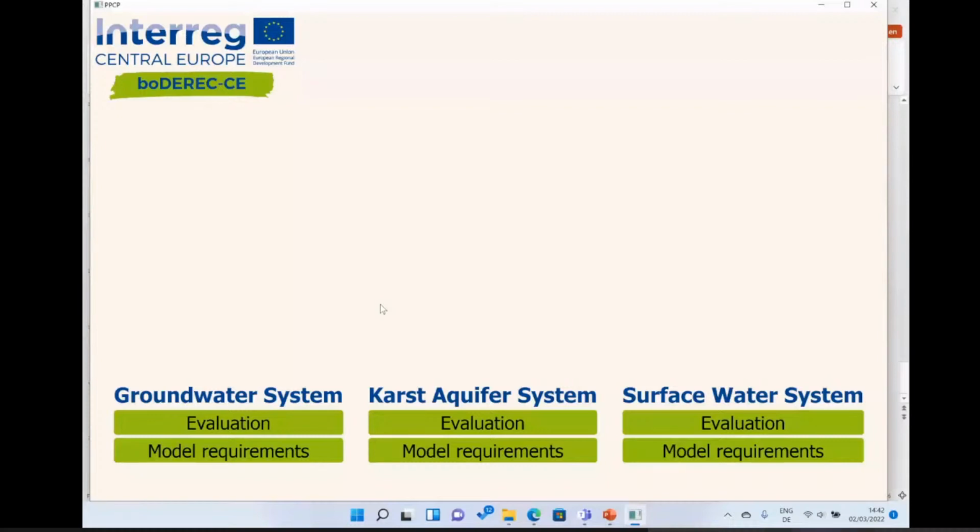Maybe in the meantime, I will mention that there are plenty of materials connected with modePROCON which you and your team prepared within the boDEREC project. You also prepared a mock, which is available on our YouTube channel. So there is a possibility to dig more into the application of the modePROCON tool.